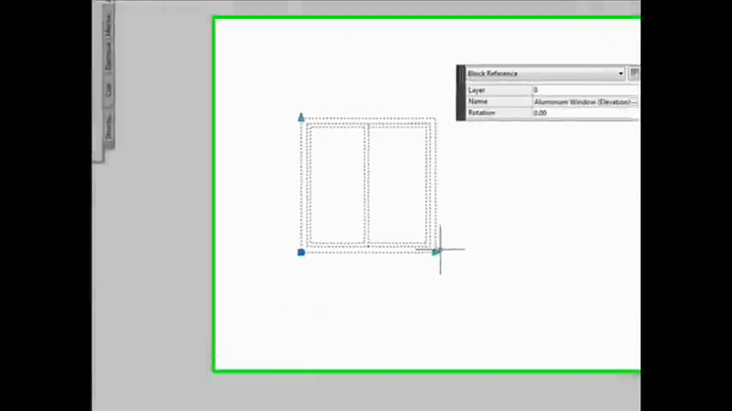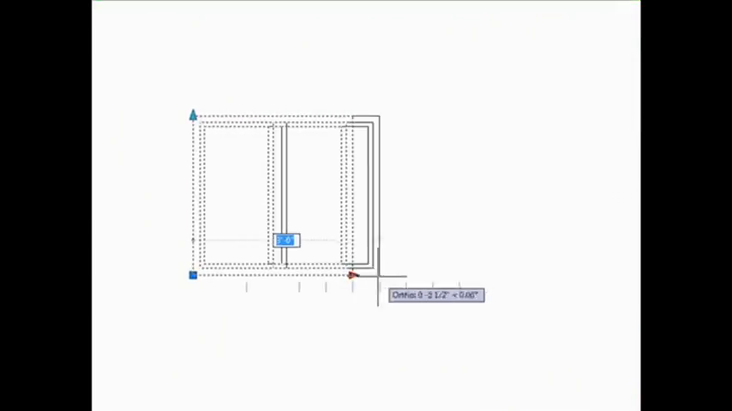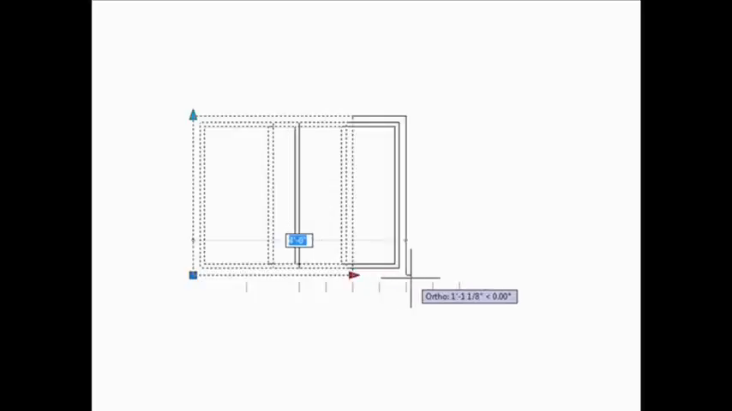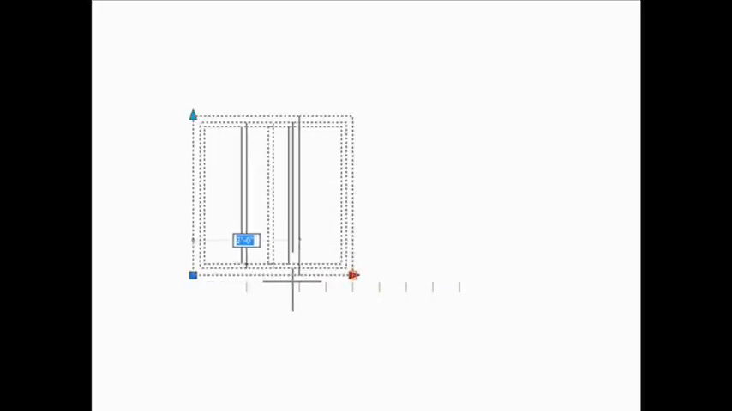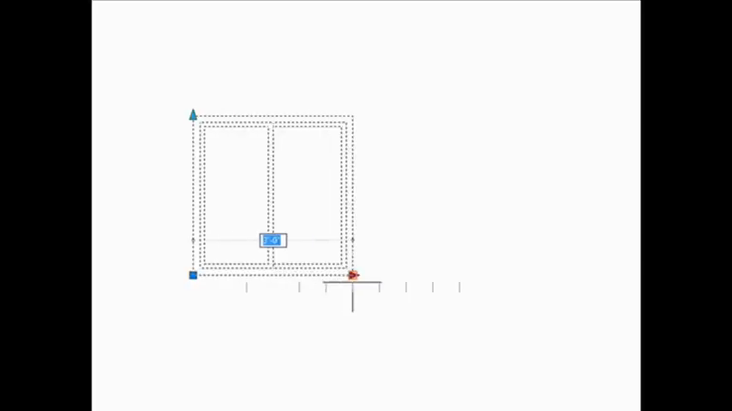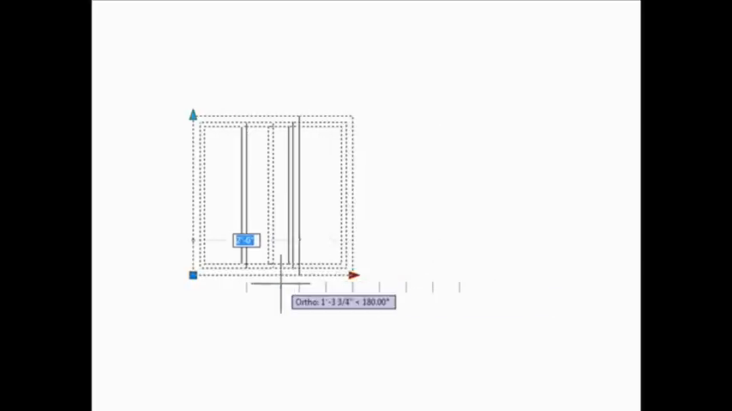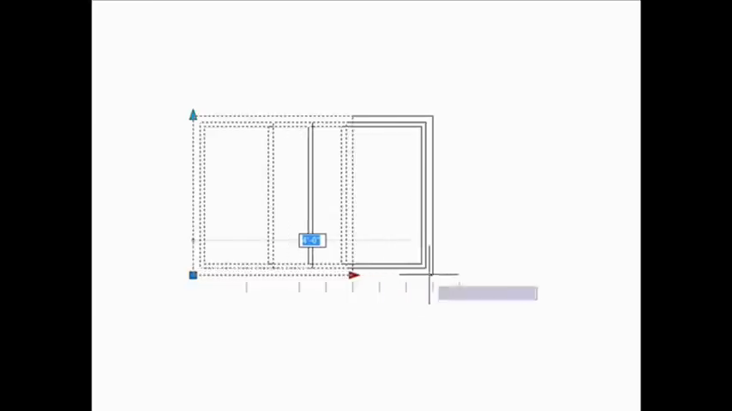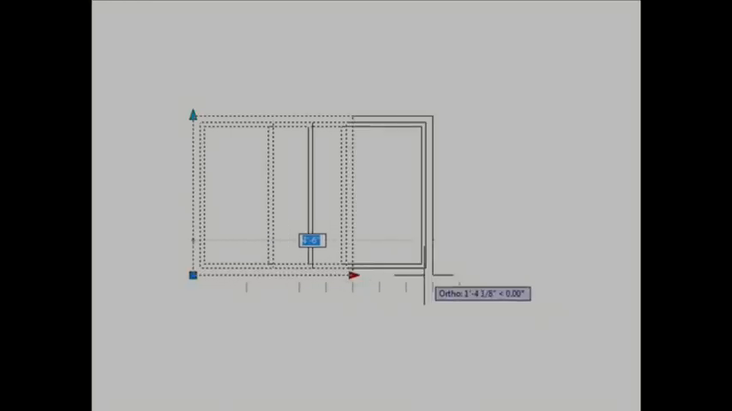Now if I click it to activate it, I can see these little tick marks, and the tick marks tell me all the stop points that I can set this block to. So I can make it 1 foot, 2 foot, 2 foot 6, 3 foot, 3 foot 6, 4, 4 foot 6, and 5. It will not allow me to put it at any other dimension. So if I just want to type in